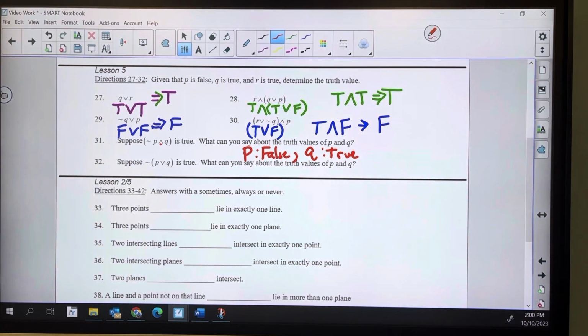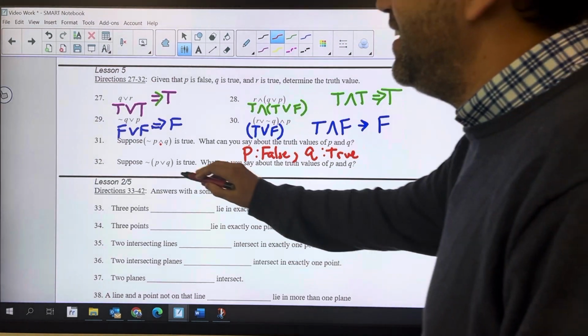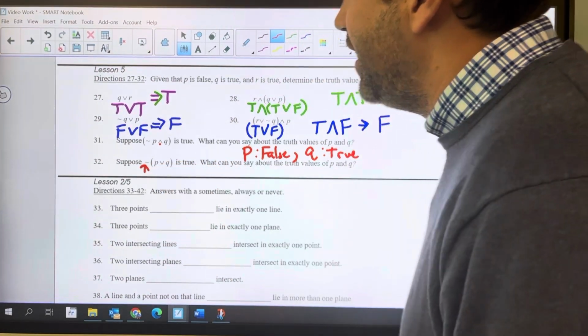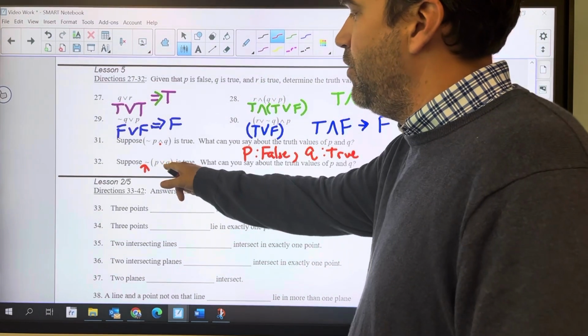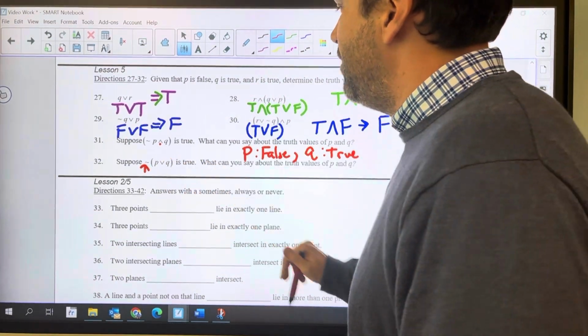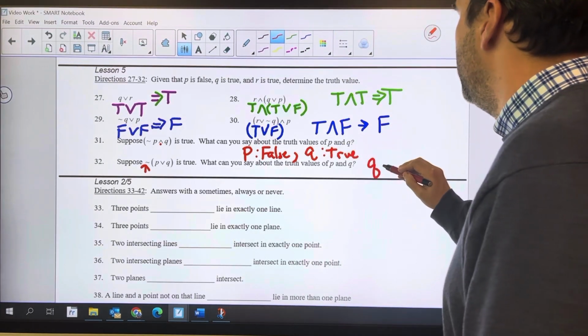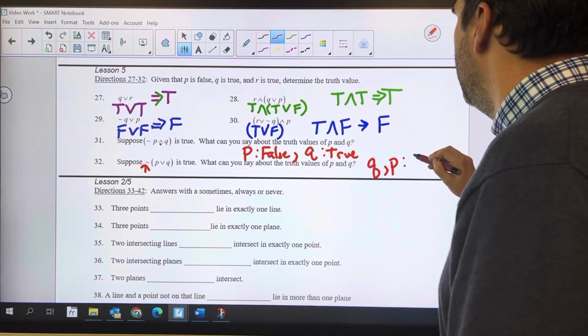And then for 32, again, I've got a statement that is true, but this is the negation right there. So I actually need the statement without the negation to be false. Since it's an or, for an or to be false, both statements must be false. So Q and P are both